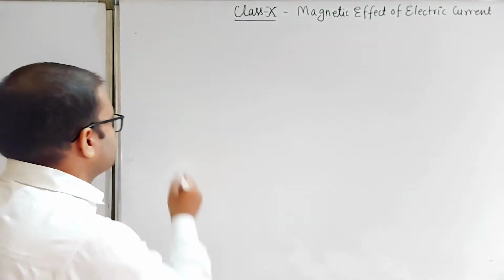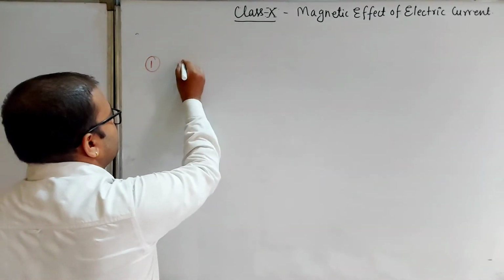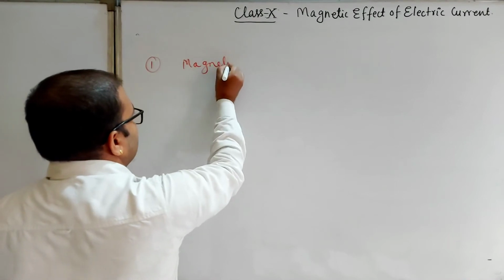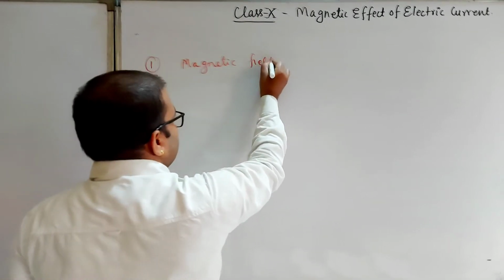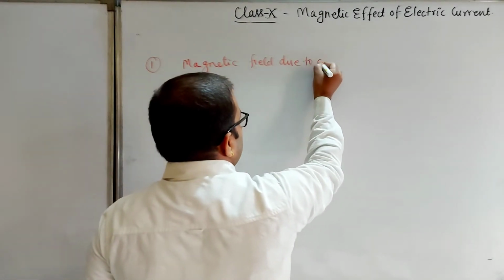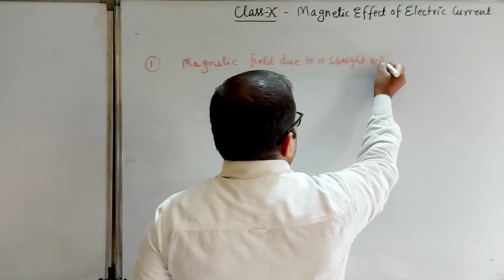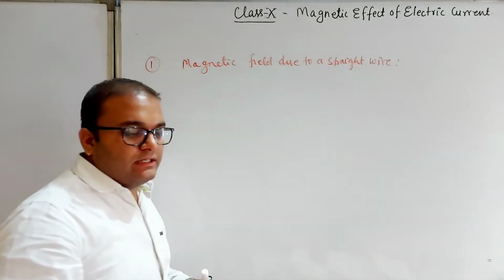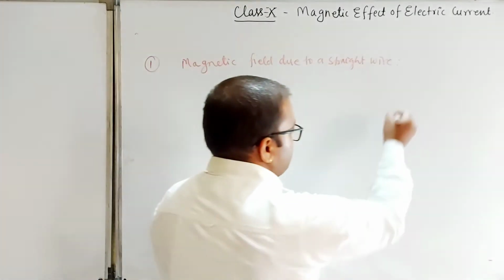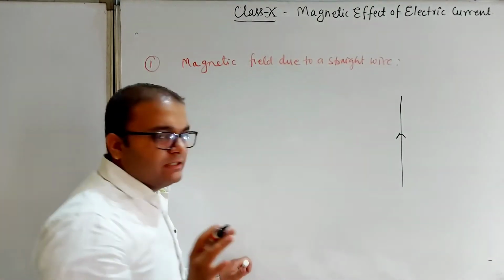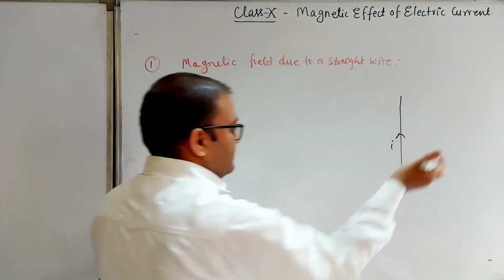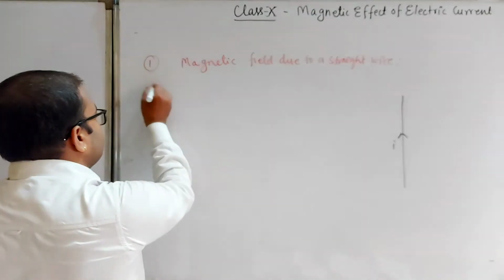So what is in our syllabus? I am just telling you, we will study the magnetic field due to a straight wire. Suppose the current is flowing in a wire, then what type of magnetic field will there be? We will study it in the next lecture. Second, we have to study